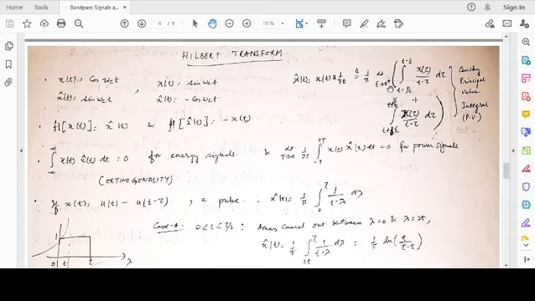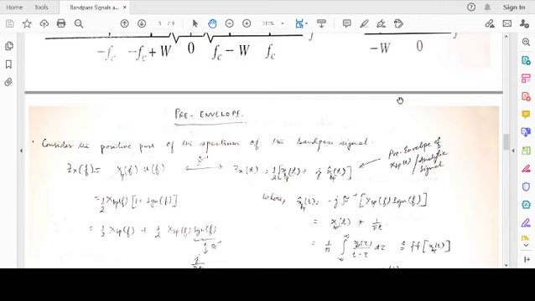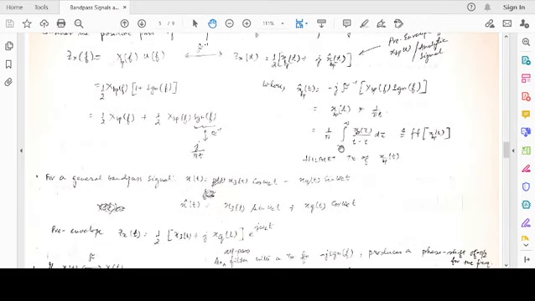You see, this is an integral which involves a singularity. So 1 by pi x(t) convolved with 1 by t is basically the integration, as we derived some time back, 1 by pi integral from minus infinity to infinity of x(tau) divided by t minus tau d tau. At t not equal to tau, this function is well behaved, but at t equal to tau, we have 1 by t minus tau. This approaches a singularity, depending on how it approaches, as t tends to tau from which side.